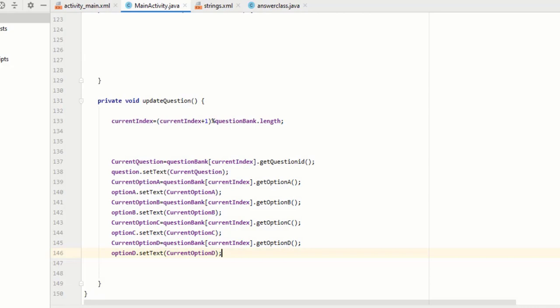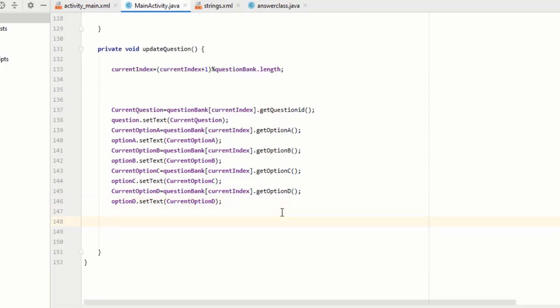After this, what we have to do, simply we have to update our question number variable. Our question number variable is by default stored as 1. The question number is equal to question number plus 1, and that's done. And how many times do we want to do the question number work? So if question number is less than question bank dot length, because we never want to display the 9th question if our quiz app contains 8 questions only. So I use this if condition here. If question number is less than or equal to the value of question bank dot length, then this code will work, otherwise it will not. So this is the beauty of code.